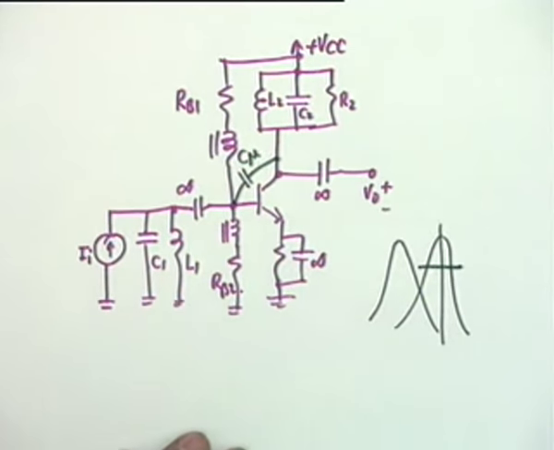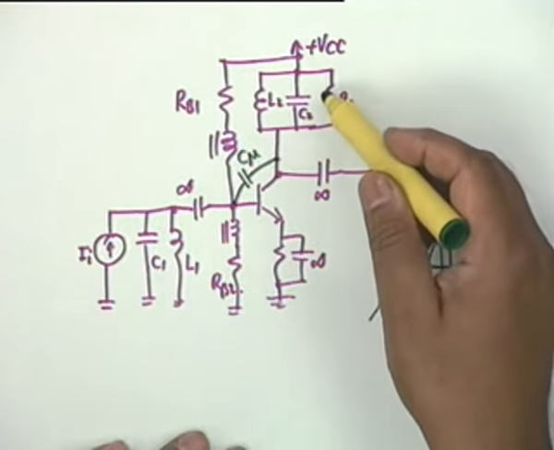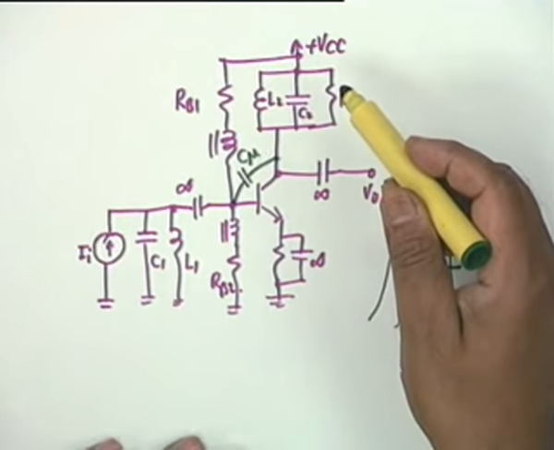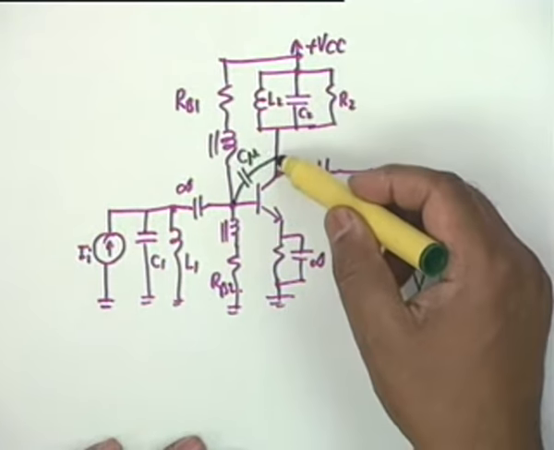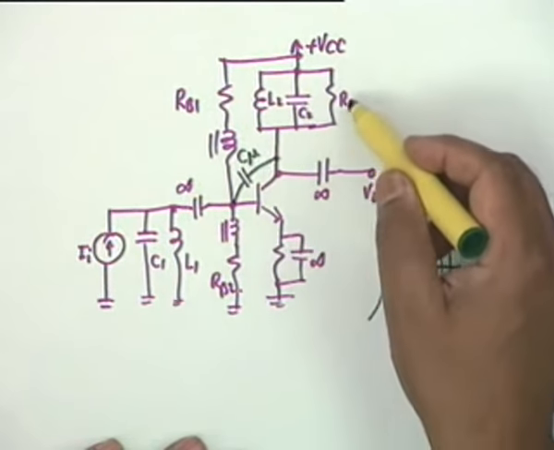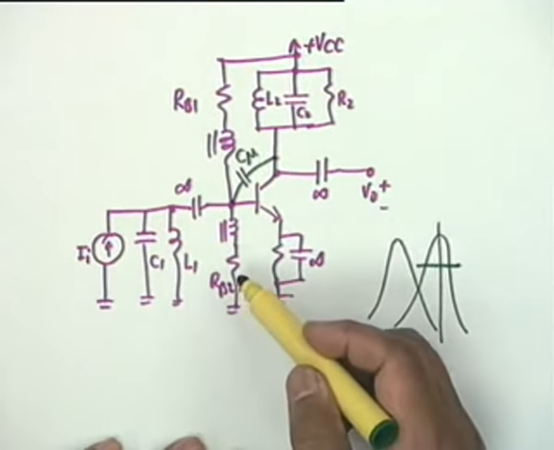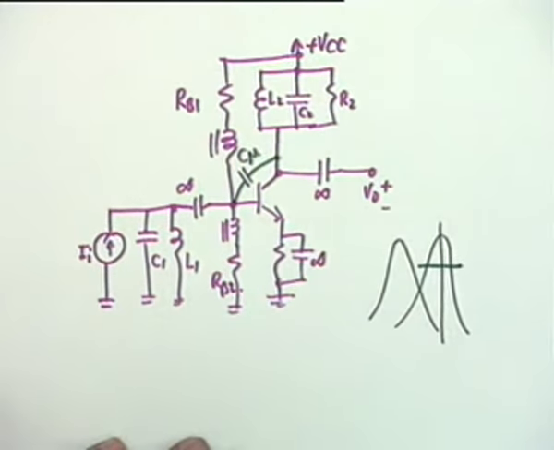Worst problem is that you see that this is nothing different from a Hartley oscillator. Isn't it right? A Hartley oscillator has a capacitance and two inductances. At a frequency when this behaves as an inductance and this behaves as an inductance, it might oscillate. And this is usually what happens. Whenever you want to make a tuned amplifier, it usually oscillates. It's a fact of nature, and therefore the joke is, if you want to make an amplifier, make an oscillator.